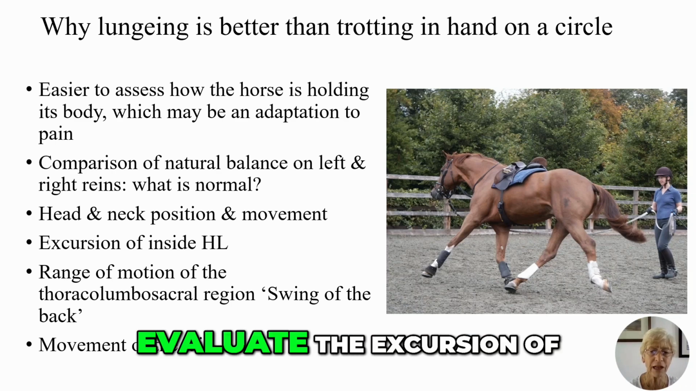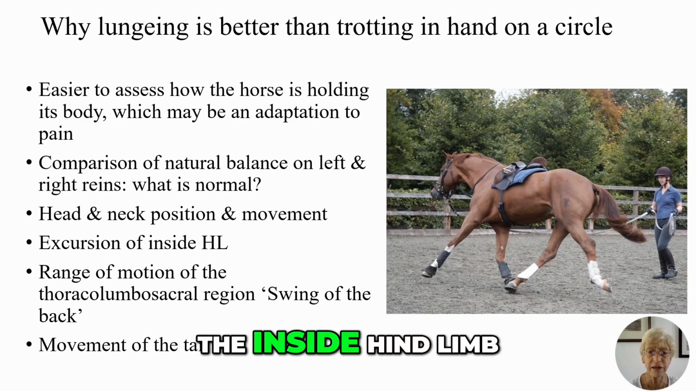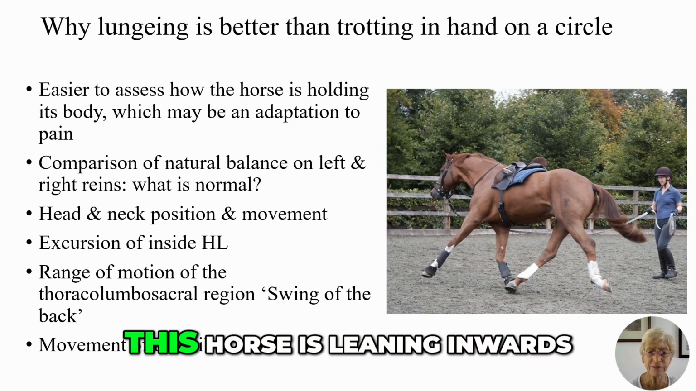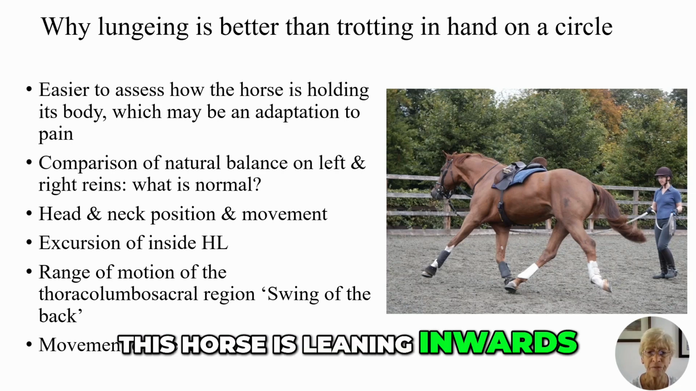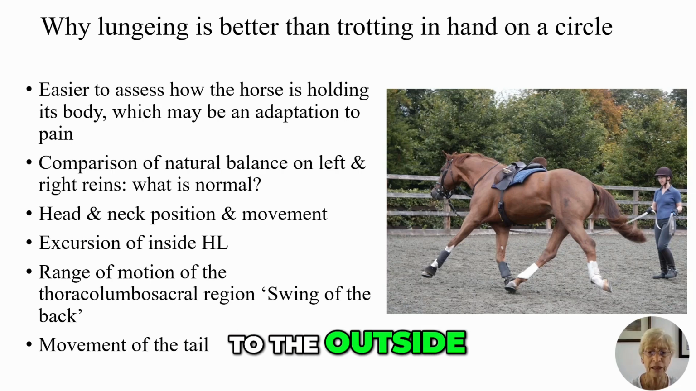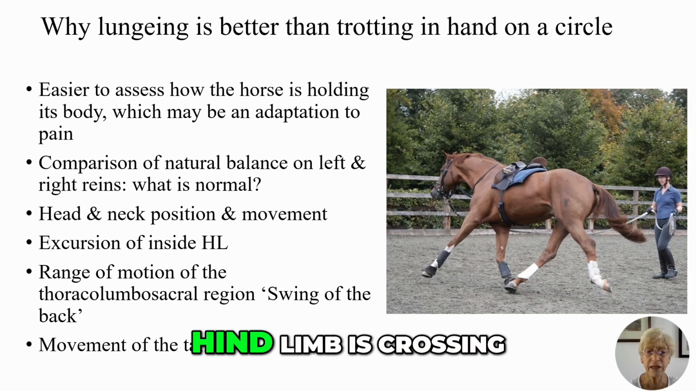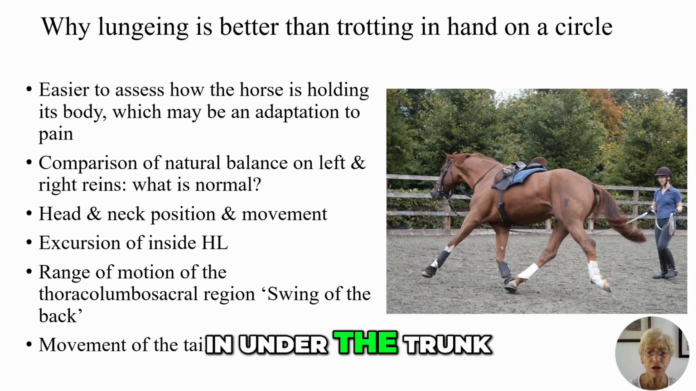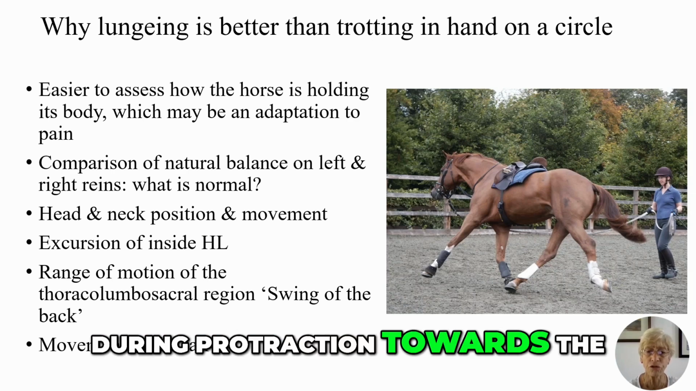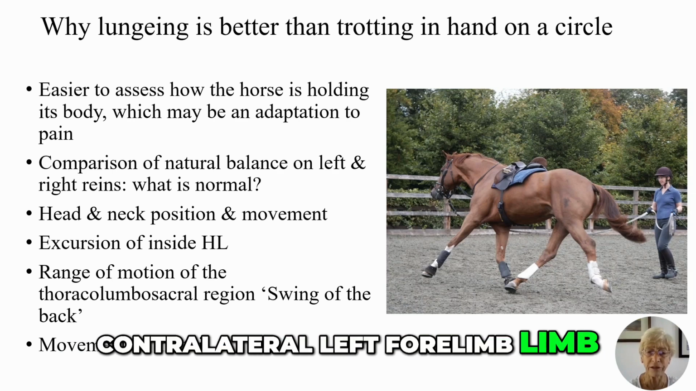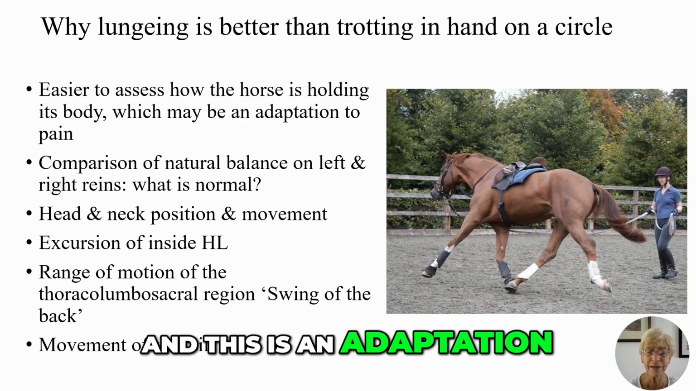I also want to evaluate the excursion of the inside hind limb. We can see that this horse is leaning inwards, its head is turned to the outside, and the inside right hind limb is crossing in under the trunk during protraction towards the contralateral left forelimb. And this is an adaptation